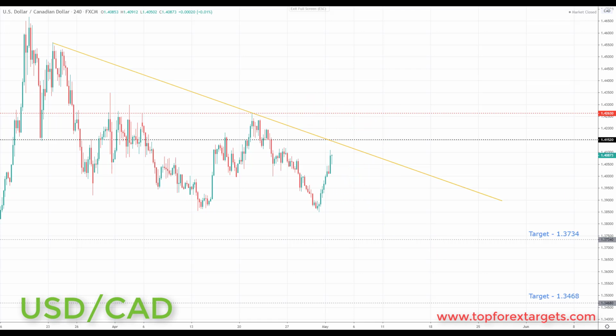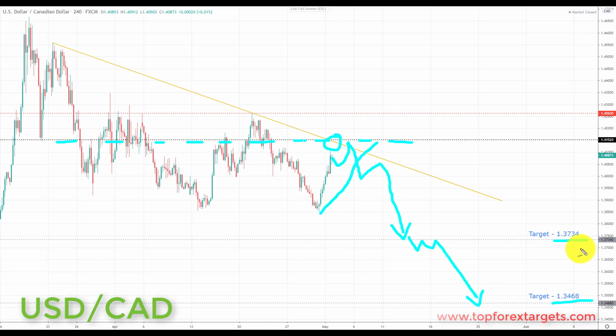So very simply put, what we'd like to see going into next week is, we've already had a correction, and we're coming now to a key area of confluence of this downtrend and also this 1.41520, which is broken support from the past, looking to turn resistance. Any further pullback into this area is going to be viewed as an opportunity to start to look for bearish setups. And if we get the right kind of bearish setups in this market, we're going to be looking at initiating shorts down towards the next key of support to the downside, and the target set at the 1.3734. And if we can get a break through here, we're going to be looking down towards the next key of support to the downside, and target 2 at the 1.3468.